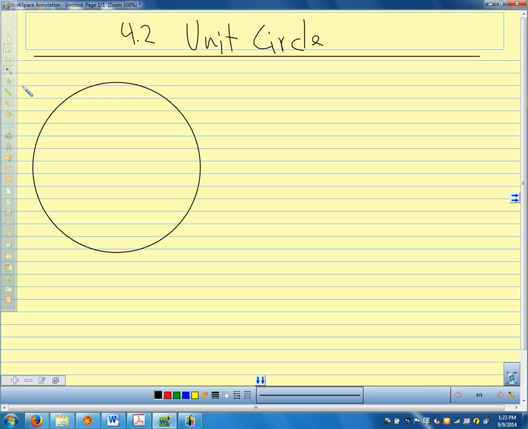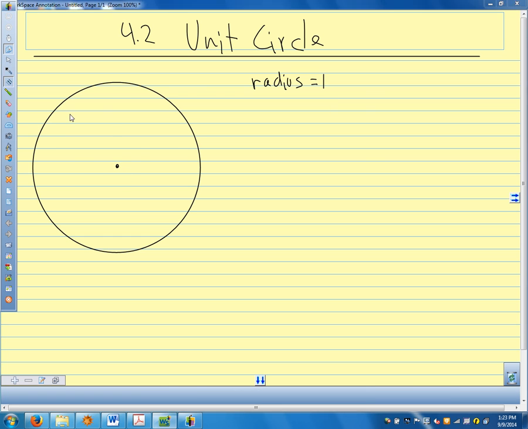The radius is 1. So unit circle, radius equals 1. That makes some really nice things happen. So let me draw in a radius here. So there's my center, there's an angle, and I'm going to put the center of my unit circle